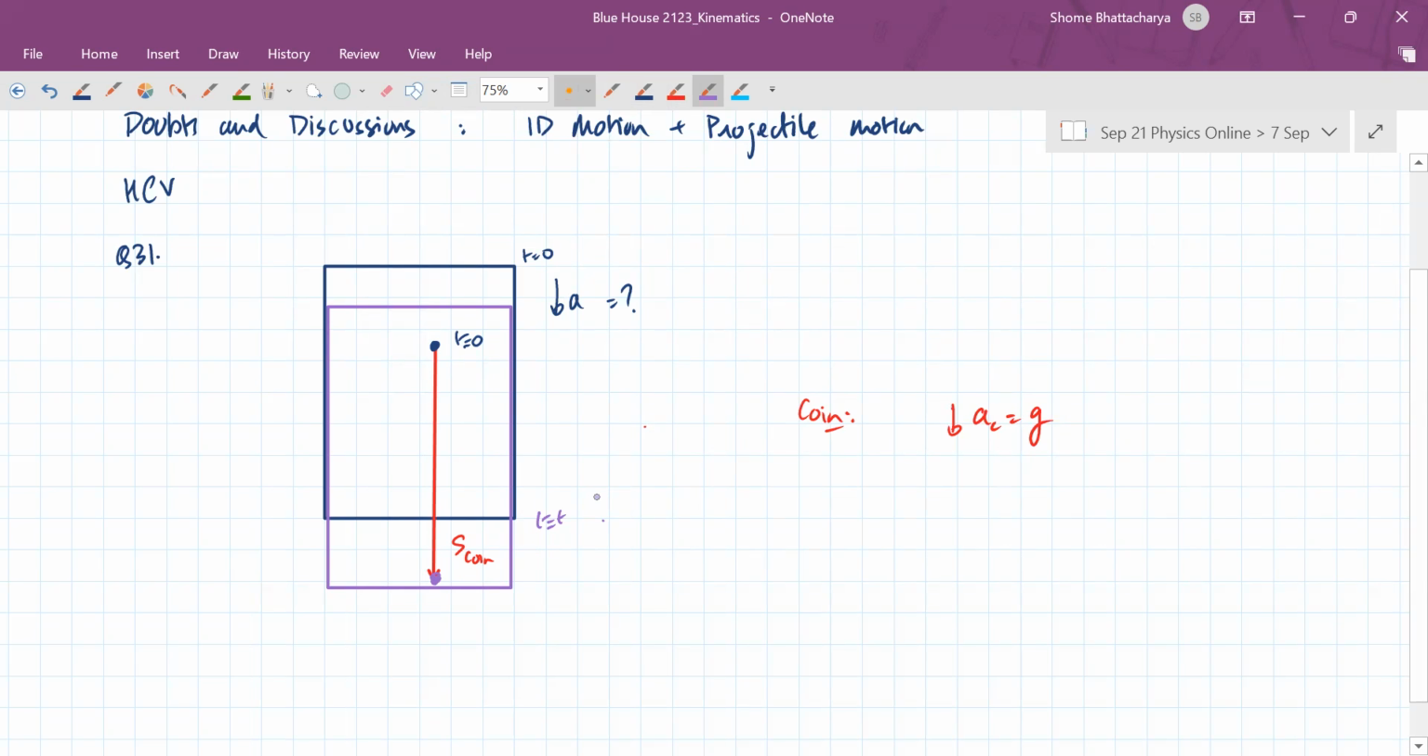So the time is given as, I think, 1 second. The displacement of the coin is half g t square. It starts from rest. Now during that same time, the elevator is also making a displacement like this. And the acceleration of the elevator is downward and equal to a, which we don't know. So the displacement of the elevator,